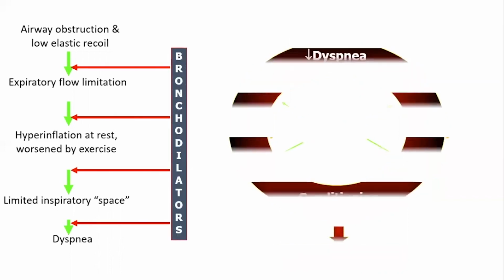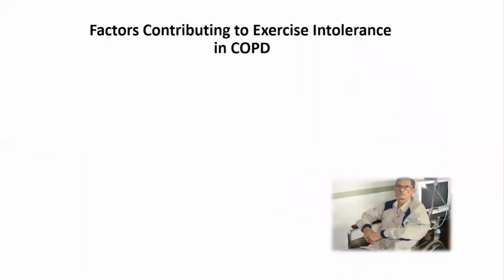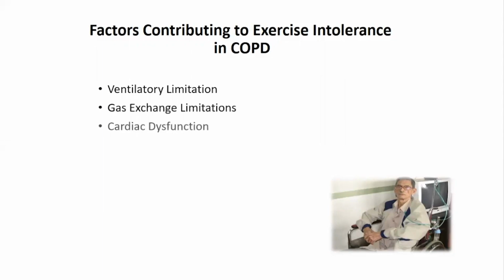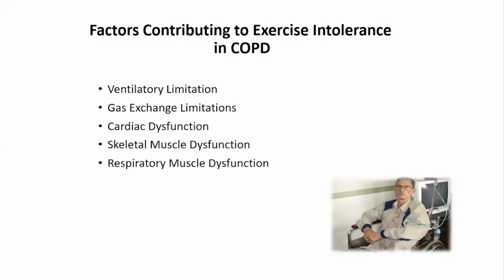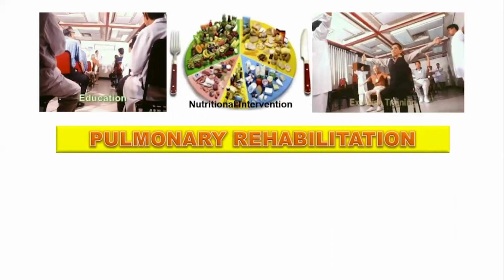So what do we do? The mainstay I said earlier would be bronchodilator. If you give bronchodilator, this opens up the airway. This would reduce the shortness of breath of patients. This will enable them to do more activity and afford them a better quality of life. However, we mentioned earlier that the ventilatory limitation is just one aspect of the disease. Other problems would include cardiac dysfunction, musculoskeletal dysfunction, respiratory muscle dysfunction, which eventually led to the start of a program